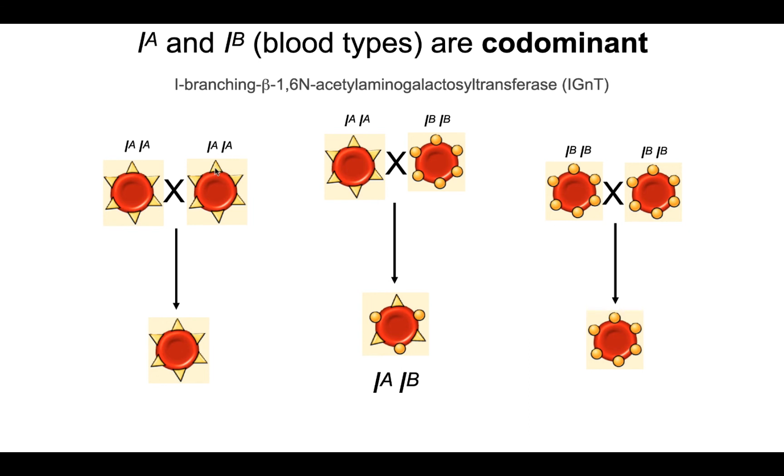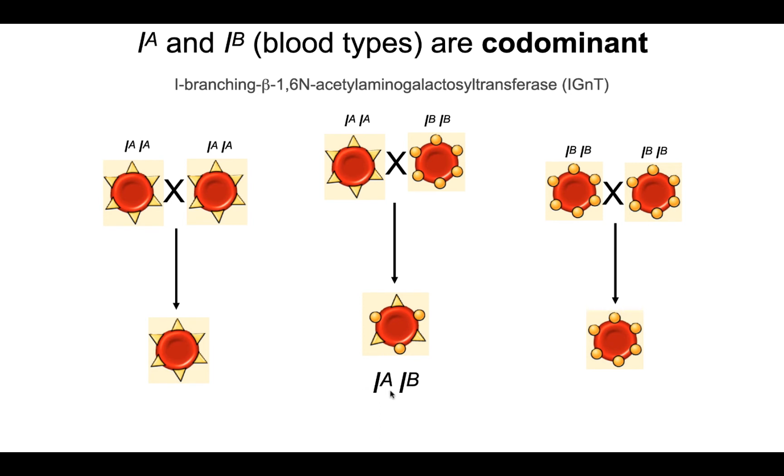We're going to abstractly show that as a triangle. An IB allele encodes an enzyme that makes a slightly different glycoprotein that we'll show with a circle here. So if you take 2 individuals, one who is homozygous for IB, one who is homozygous for IA, you cross them to one another and you look at the offspring, 100% of the offspring are going